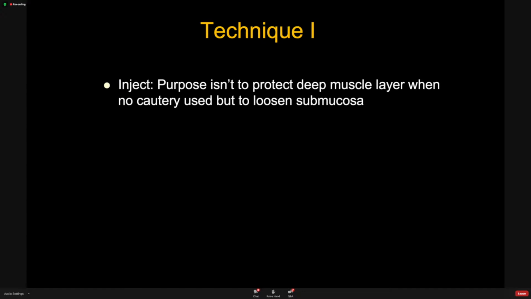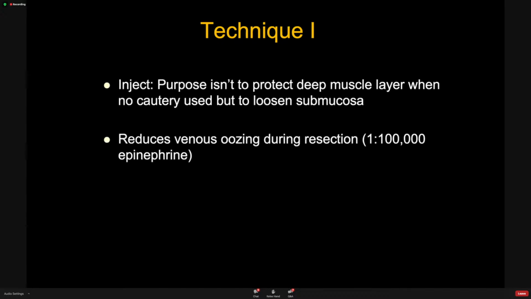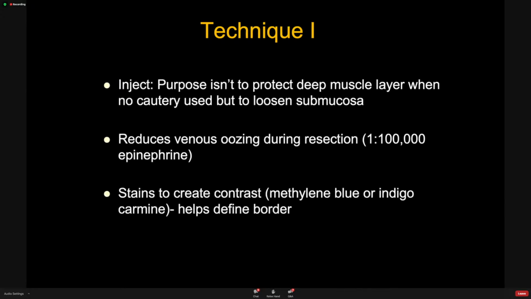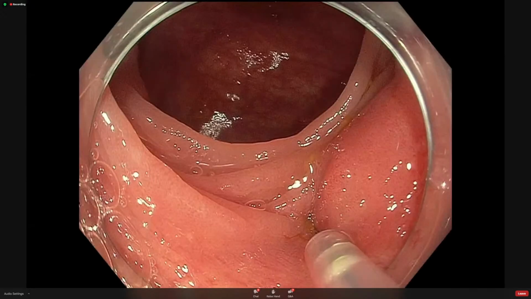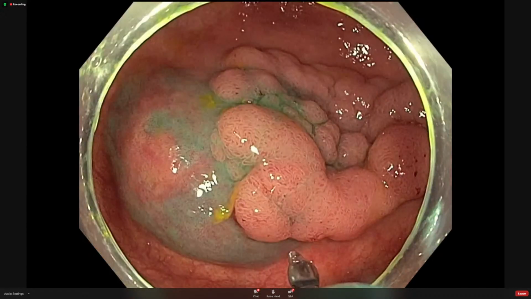We need to inject when we do a cold snare EMR, but the purpose is not to protect the deep muscle layer because we're not using current, but the idea is to loosen the submucosa. Now, obviously, we can sometimes use a bit of adrenaline or epinephrine to reduce venous oozing during resection, and we have to use some stains because this helps to define the border of the lesion. So an injection is slowly and carefully put, as you can see there, carefully lifting obviously the stain there, and